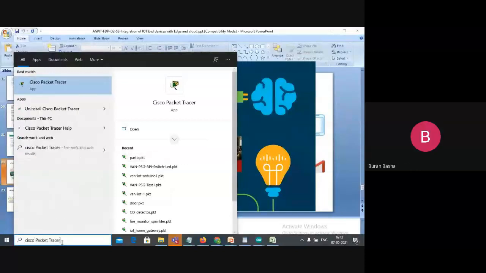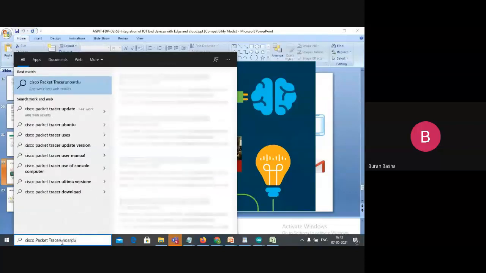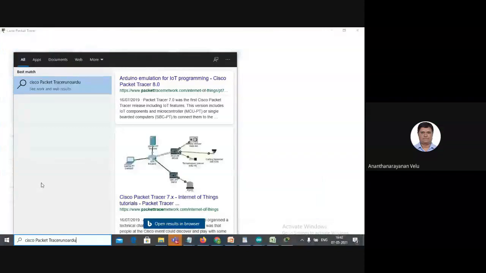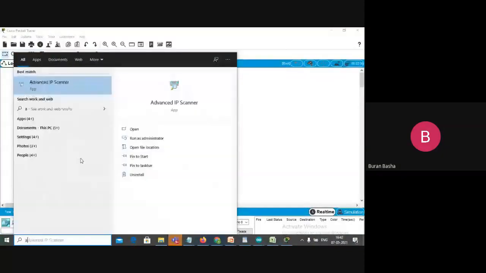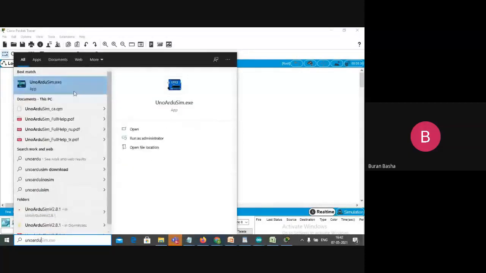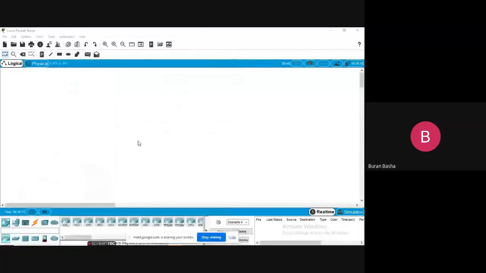Sir, we have discussed about MQTT and CoAP. Am I audible, sir? Yeah, you are audible. We discussed about MQTT, CoAP, and WebSocket, and the differences we have seen among these, and the demonstrations of these three protocols we have seen.